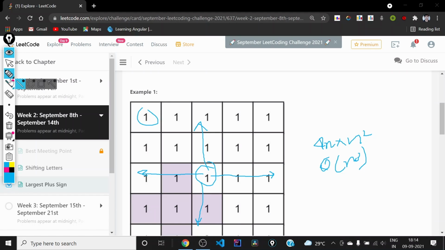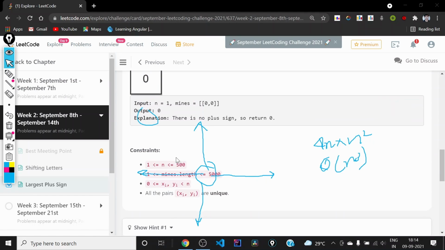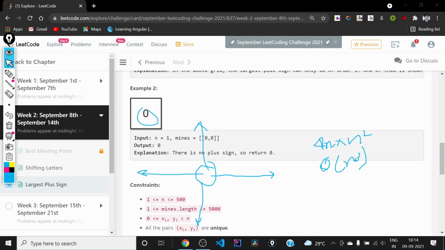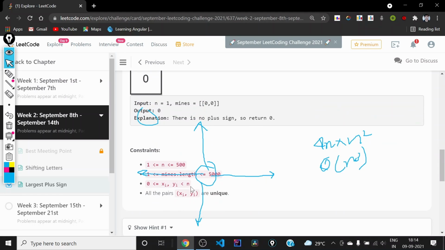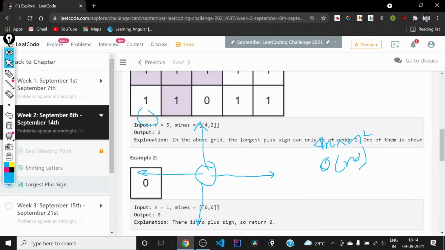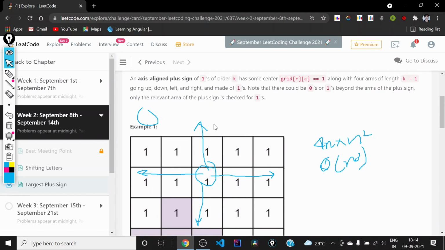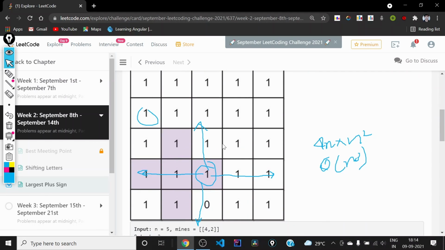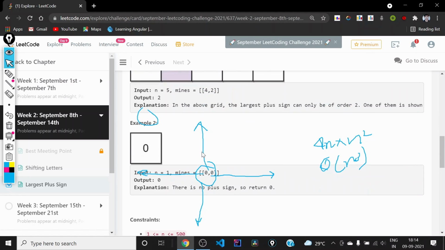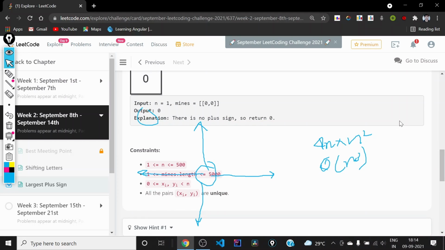And seeing the constraints, we can say that this won't be able to pass all the test cases, or it may also pass. No, it can pass the test cases. Yeah, so we can implement this also. But actually there is one more optimal way to solve this problem, and we can solve it in order n squared also. So we will be looking at this order n squared solution. However, if we implement this order n cube solution, we can easily pass the test cases. So let us see how we can optimize this solution.